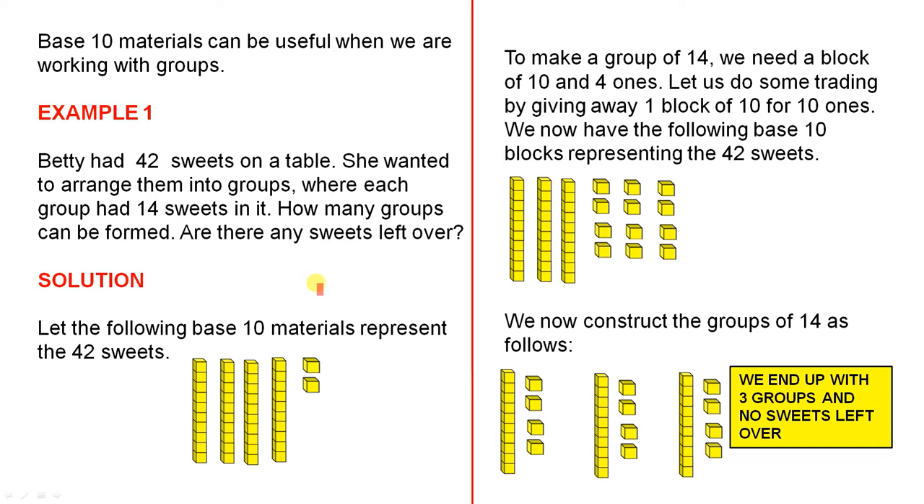Solution. Let the following base 10 materials represent the 42 sweets. 10, 20, 30, 40, 41, 42. To make a group of 14, we need a block of 10 and 4 ones. Let us do some trading by giving away one block of 10 for 10 ones. We now have the following base 10 blocks representing the 42 sweets. So the base 10 blocks have been reduced to those 3,